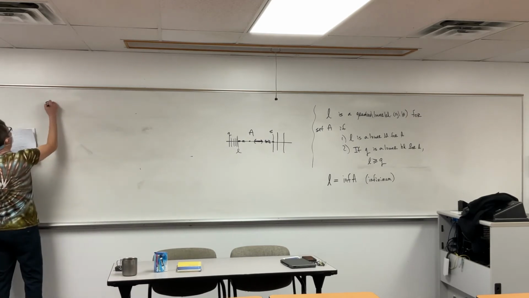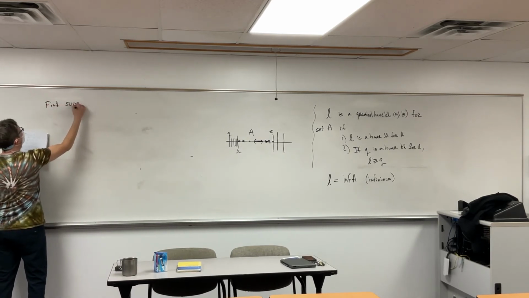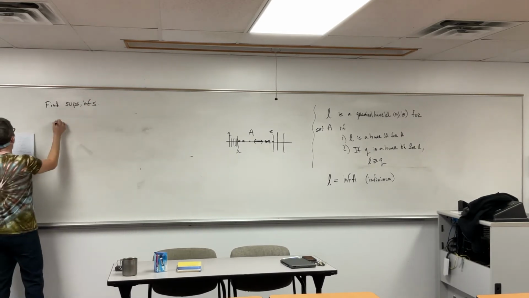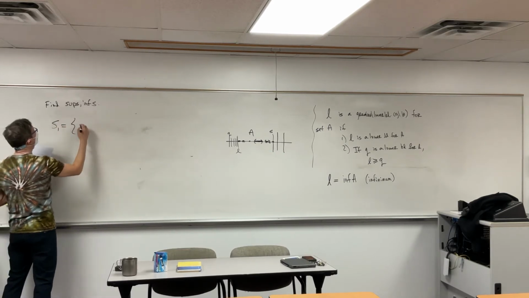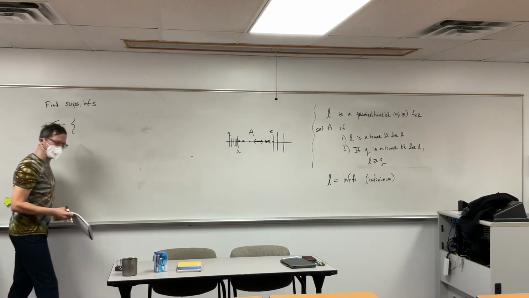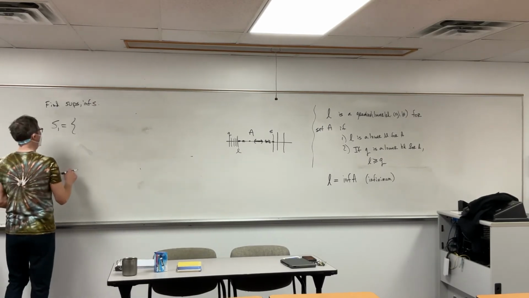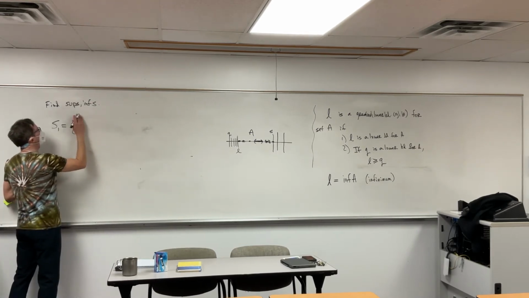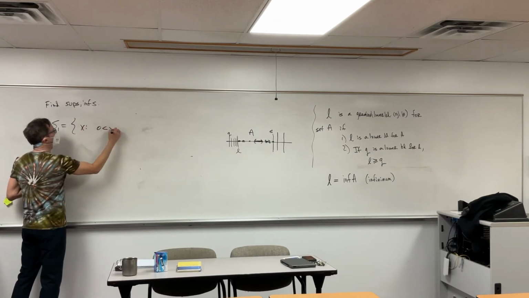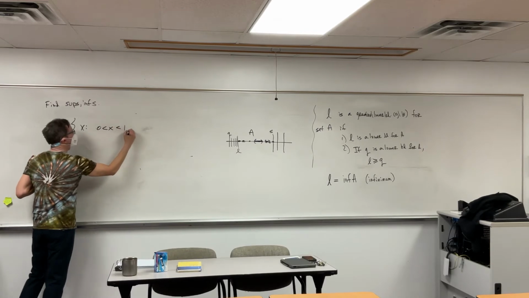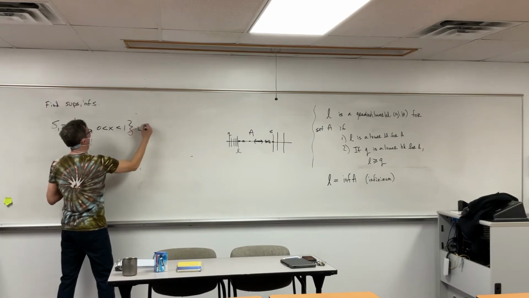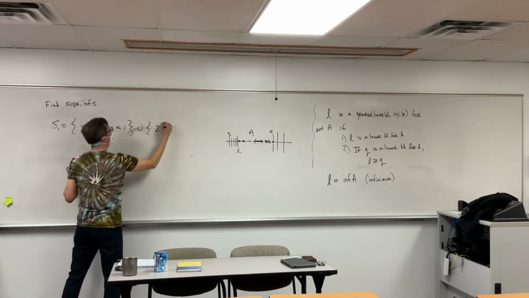So let me get rid of that real quick. So here's the problem. Find sups and infs. Set one. Oh, okay. I think I got a little too excited with these. Let's start out a little chiller, a little less insane. So let's take the set of all x such that x is between 0 and 1, and then let's just union this with the point 2.